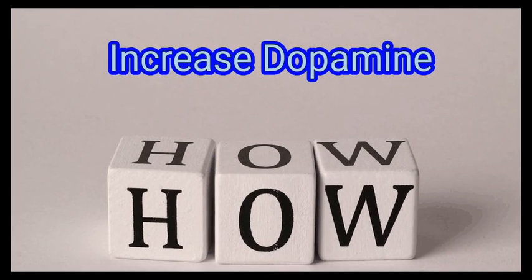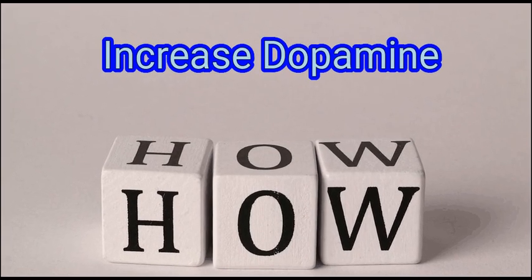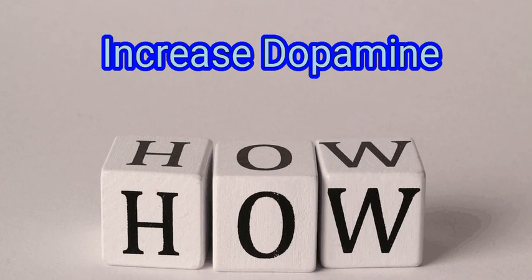Dopamine is the brain's reward chemical. It boosts your mood, energy, and often your motivation. For instance, you get a rush of dopamine in response to pleasurable activities like eating your favorite food, winning a